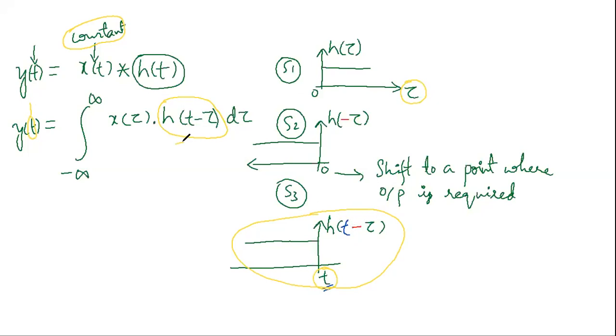So this is our second term, and this is our first signal and second signal. And what we'll do with the other signal is start varying it, from negative infinity to positive infinity. Only at regions where these two signals overlap will we get our output signal y of t. So this is convolution. You have already studied all these things; I'm only trying to brush it up. This is the convolution operation.